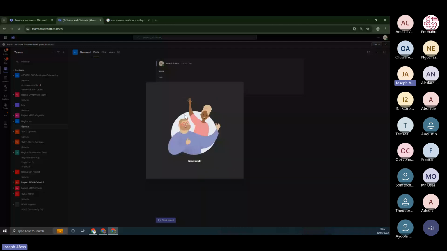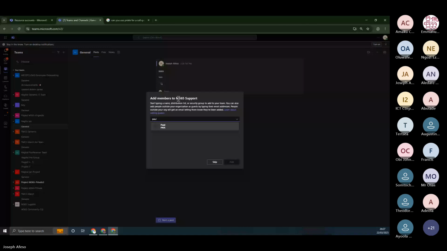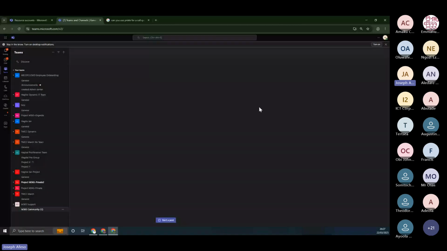So what that means is that I'm going to be able to add people. So I'm going to be adding Paul, and then I'm going to be adding this my guy, and then I'm going to be adding Solomon, and then I'm going to be adding Oyimafu to that team. So that means the team will have all these people. But let's even say that within that team we have support, so where auto attendant comes in is if, for example, I can add a channel and I want to call this